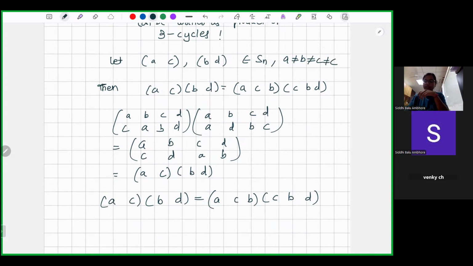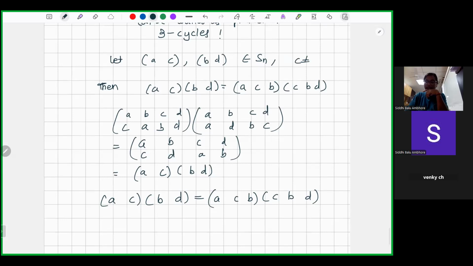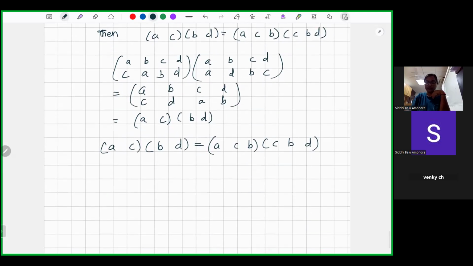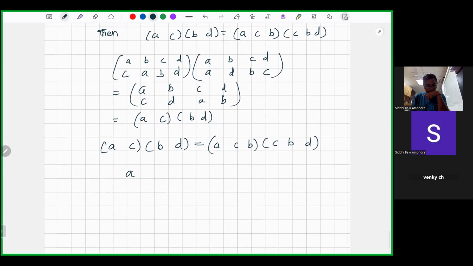Because otherwise, if any of them is equal, we definitely need this C and B not to be equal, because then this won't make any sense. So we better assume that none of them are equal and proceed to do this, because if A is equal